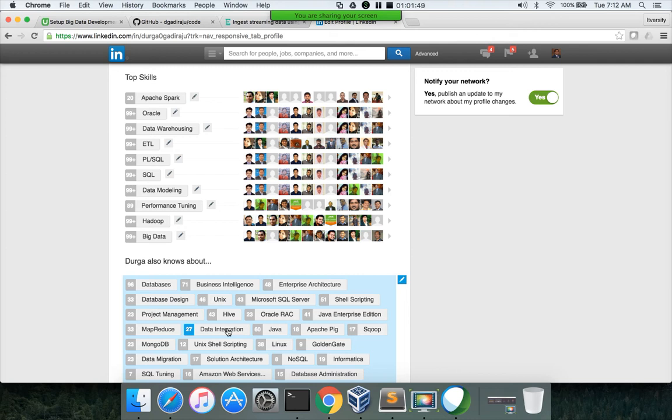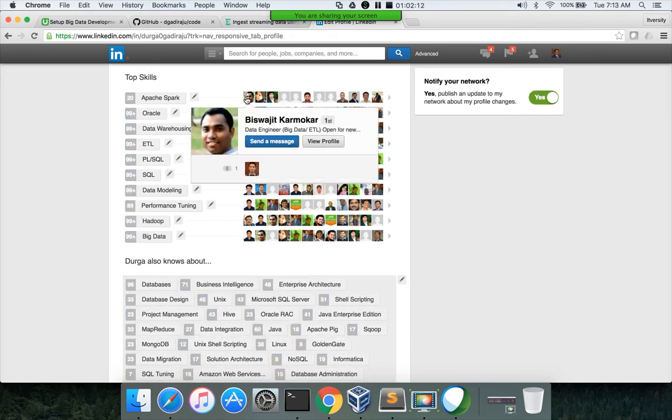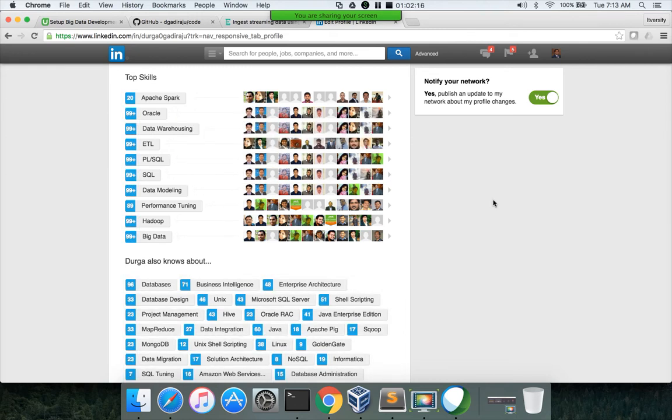In this case, if someone visits my profile, this report will be correct 99.999% of the time, except if you just endorse me and come back to this page, you might not see your details immediately. So for example, if you endorse me on Spark and come immediately to this page, you might not see your name immediately. You might or might not see it. It depends upon the latency they have defined to aggregate the results.